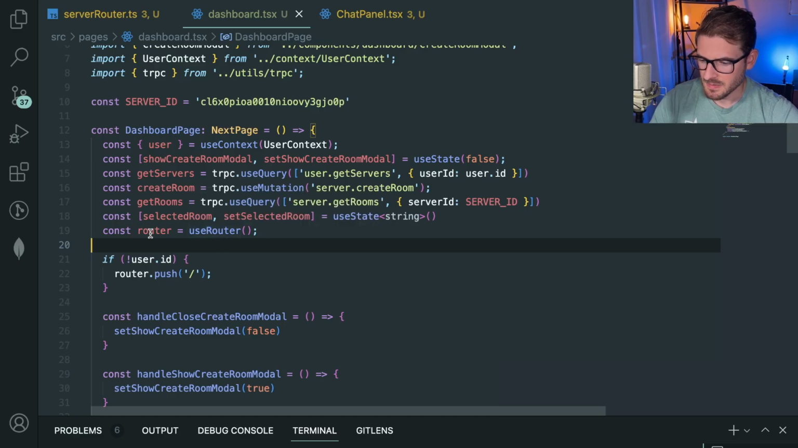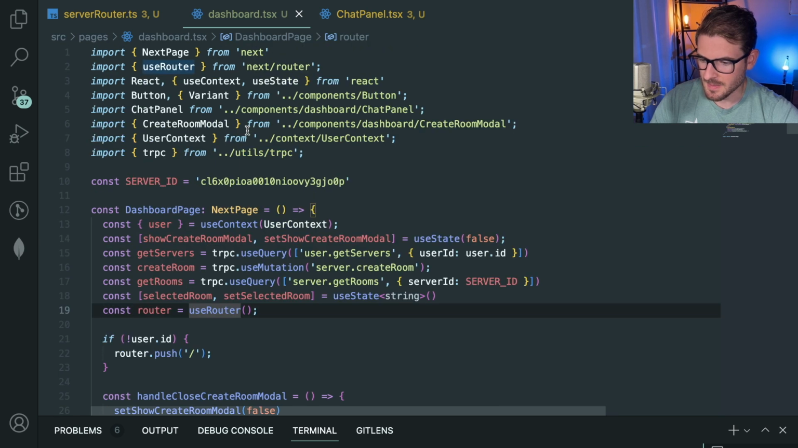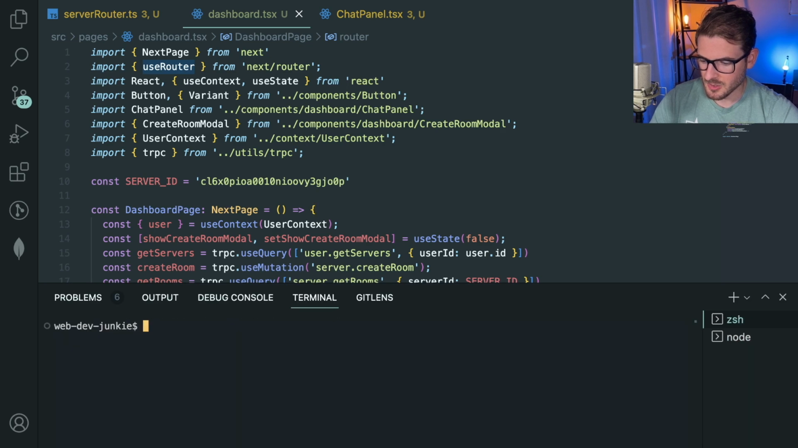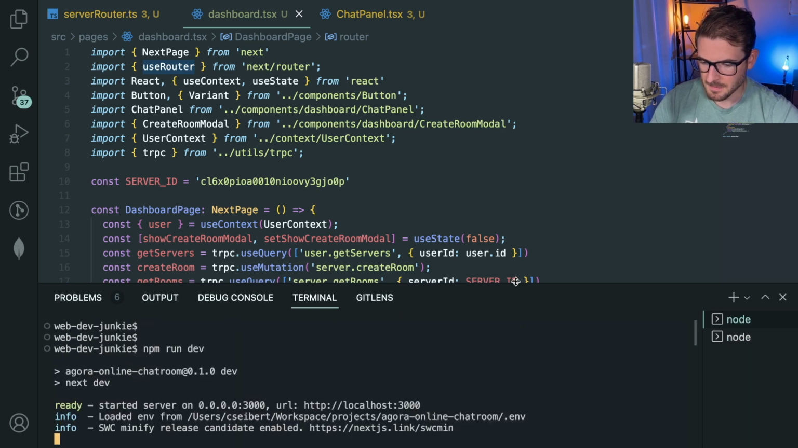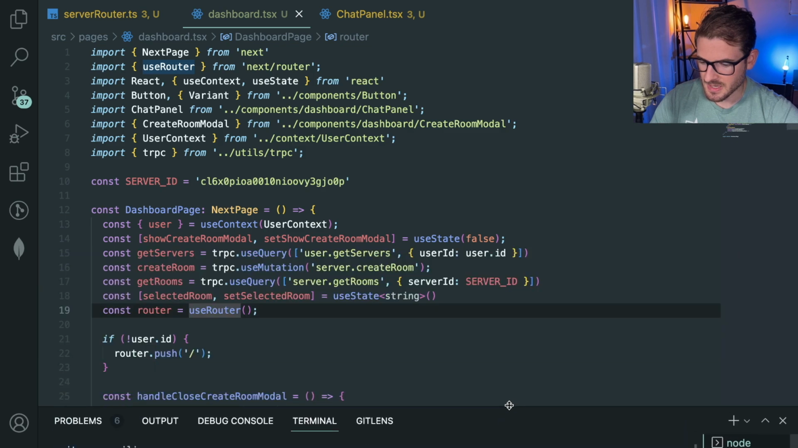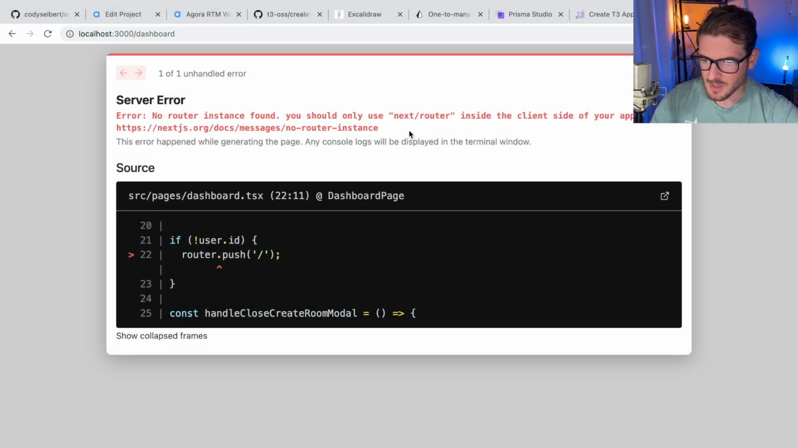Well, I guess we could try to figure that out later. I'm not sure why it's saying no router instance found. I might have to do a hard reset of my server. Maybe I should just do that. I don't know what's going on. Let me just restart. Sometimes you just gotta restart your next app because you broke something. And now,